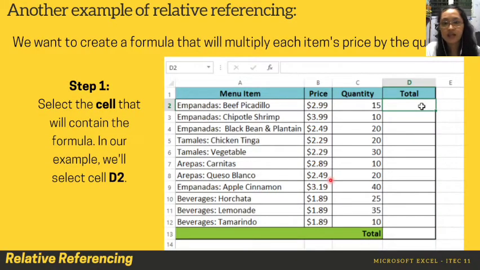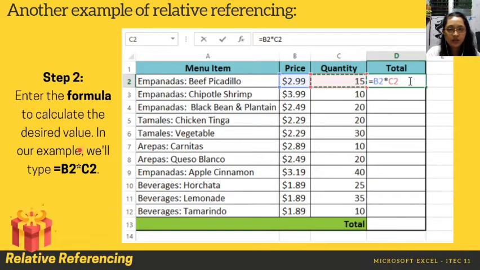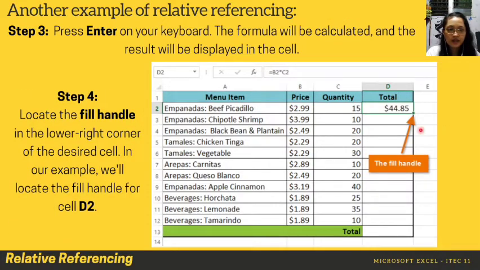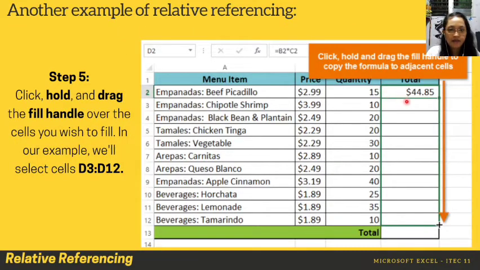So we have here an example of relative referencing. So we will not go deeper with this. So we want to create a formula. So that is an example. We select cell that will contain the formula. So in our example, we'll select D2. The next, enter the formula. So we enter B2 times C2. And then click the fill handle, drag this to the bottom, and so you have